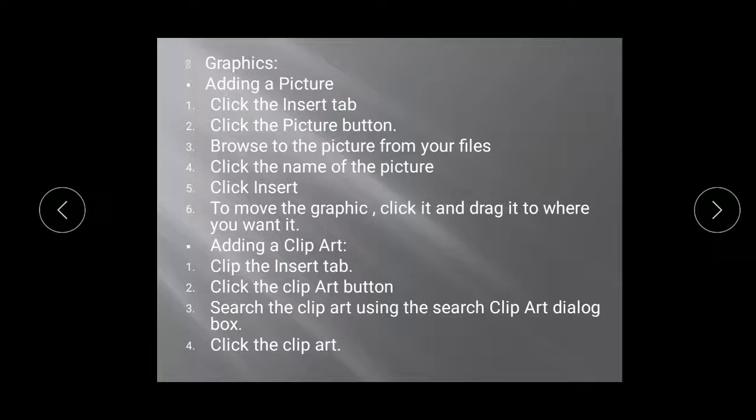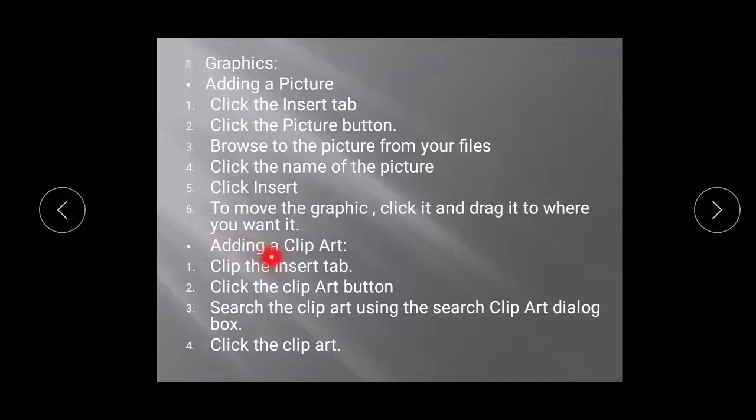Once you have selected the picture, at the bottom right corner you have an Insert button. Click on Insert and your graphic will be added to your workbook. If you want it at a particular location, just click on it and drag it wherever you want. The image will move in the direction you move it with the mouse.